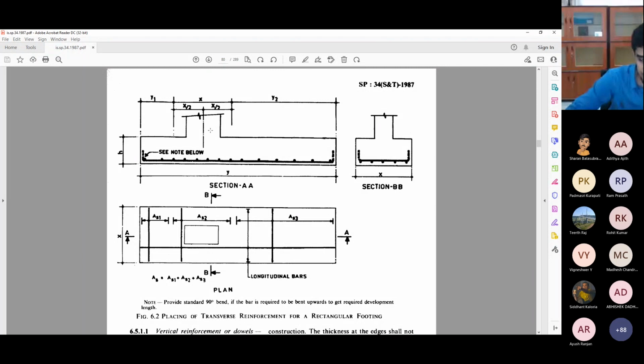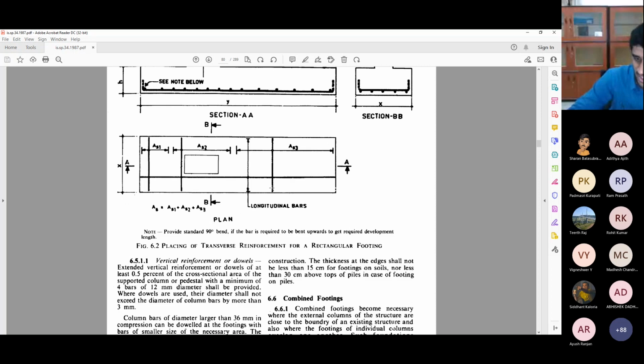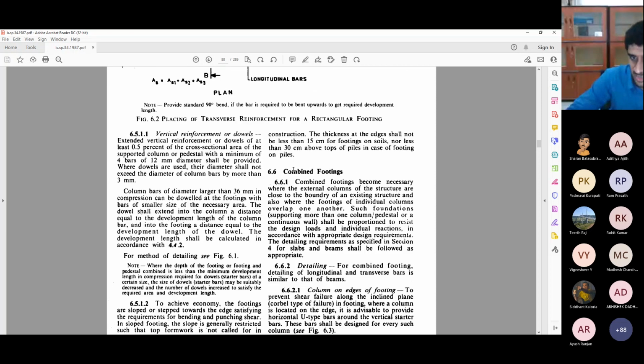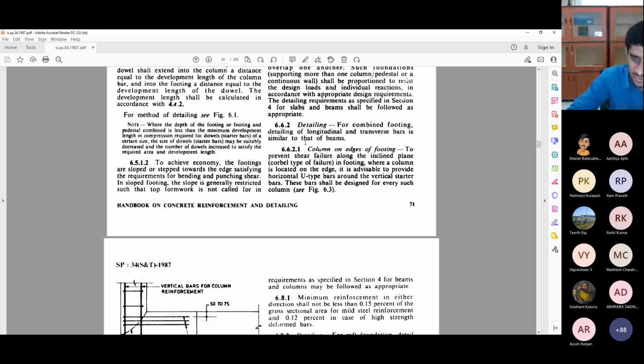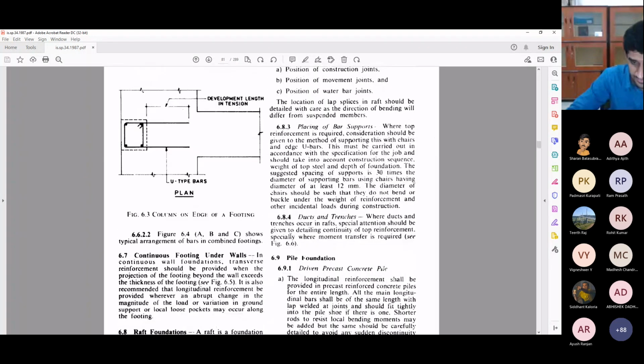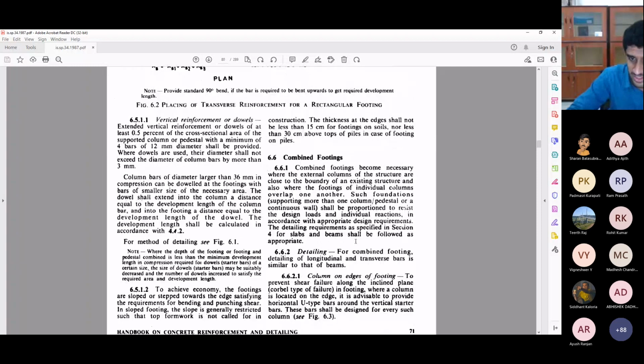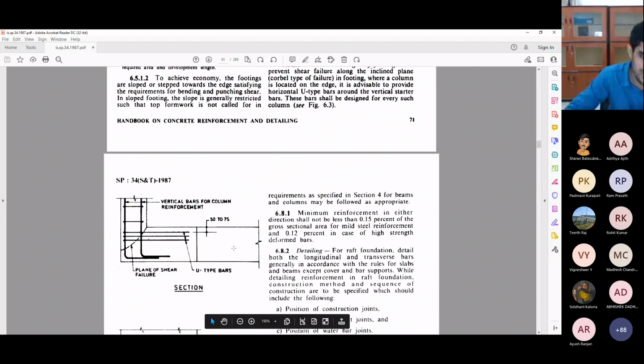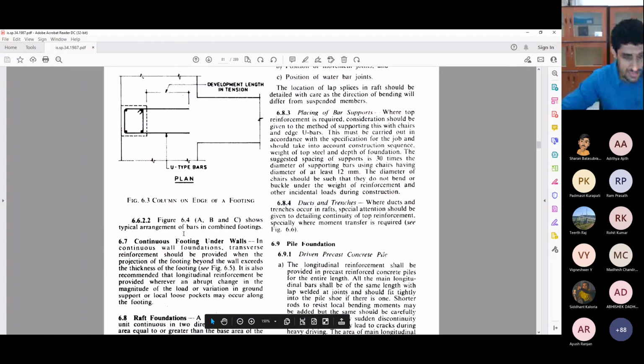This is an unsymmetric footing, where if you don't have enough space on one side, you may have to increase the other side, and that will cause uneven moments on the footing. The design concept is a little bit more involved, so I'm not going to tell anything about that. Combined footings, you'll be reading by yourself and doing a problem. If you want to detail combined footings, you can just go through this and then do what you want. Okay. So this is footings.